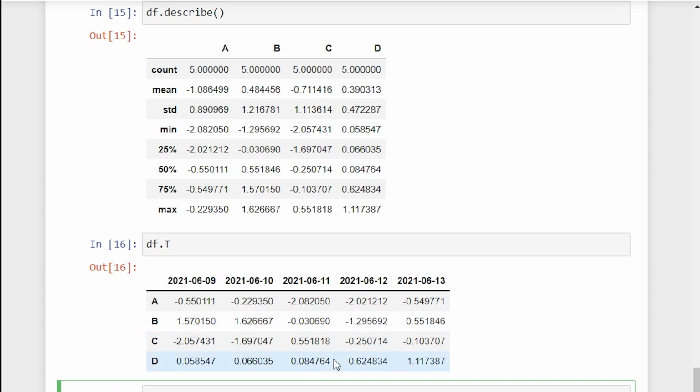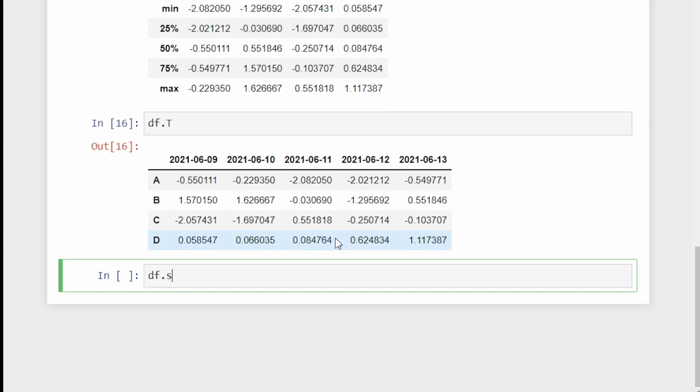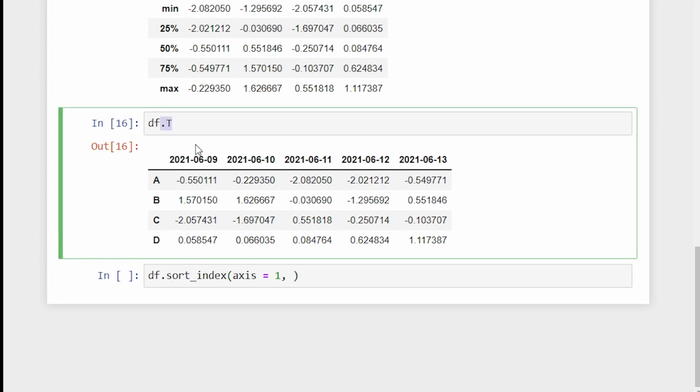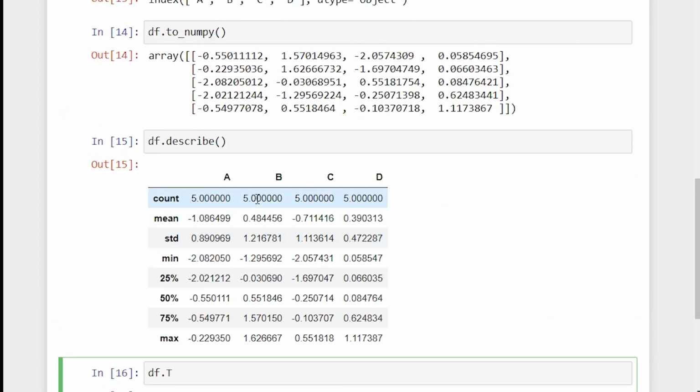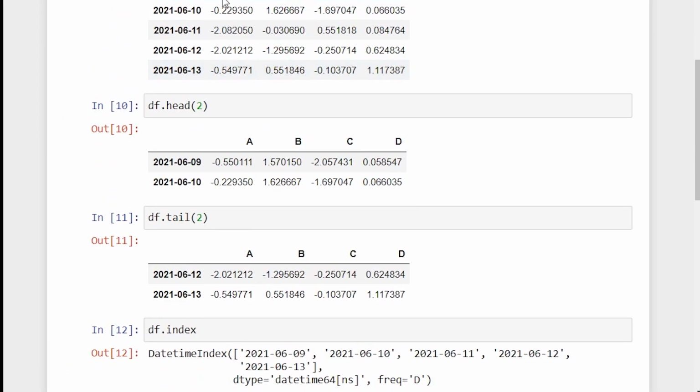After that, what you can do is df.sort_index, and here you can say axis is equal to 1. So axis is equal to 1 indicates, okay, so just forget it. This is not going to work. It only holds when you assign something or when you say inplace is equal to true. So this is only limited to this cell. So the transpose is not there, we can assume. Still the data set is in this format.